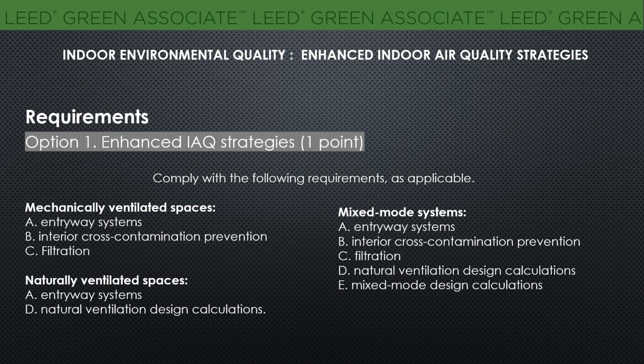All these requirements are mostly similar, and there is only some difference in each system. Let's look into that. First, for a mechanical ventilated system, an entryway system is required. Interior cross contamination prevention and filtration is required. I will explain what an entryway system and interior cross contamination prevention and filtration are in the next